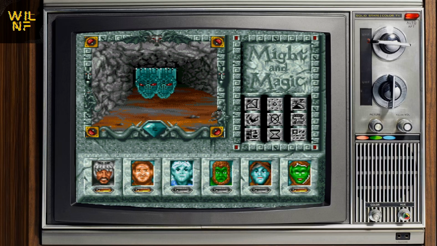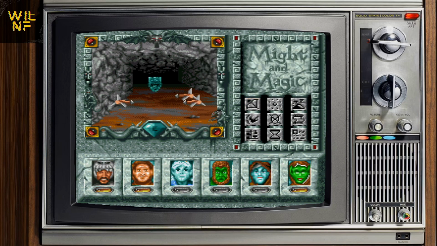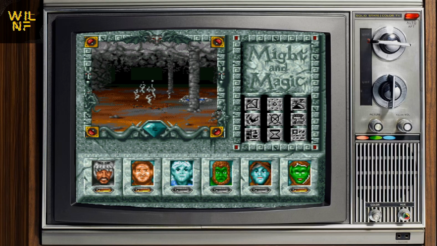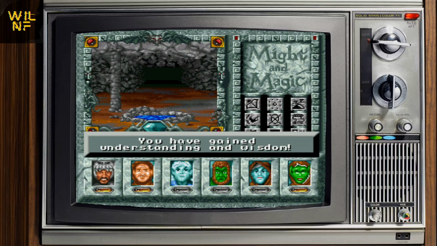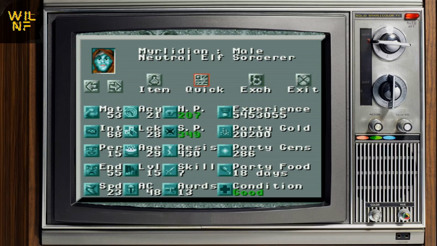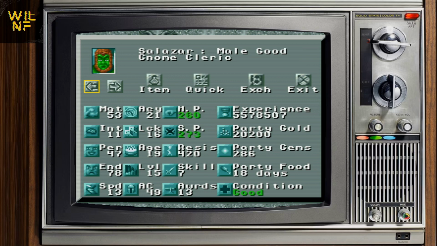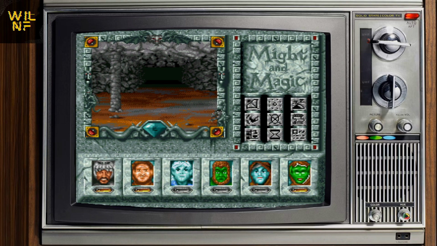This area is simple enough, it's just a dead end area. I don't think those guardians have any special effects, like they don't sleep or paralyze or anything. They're just slow floating heads that try to slow you down. I think that's another intellect boost here. There you go. Intellect 68. We want to get him to 75. We give most of the boosts to our sorcerer, maybe one to our...